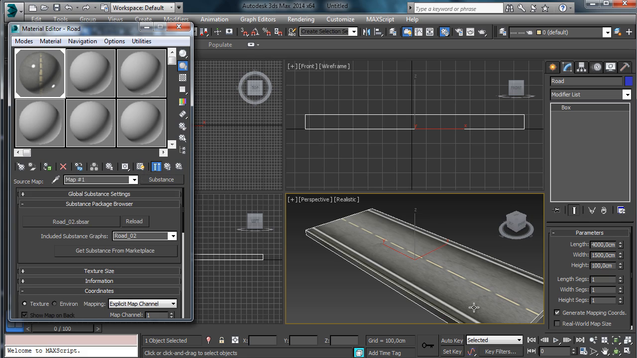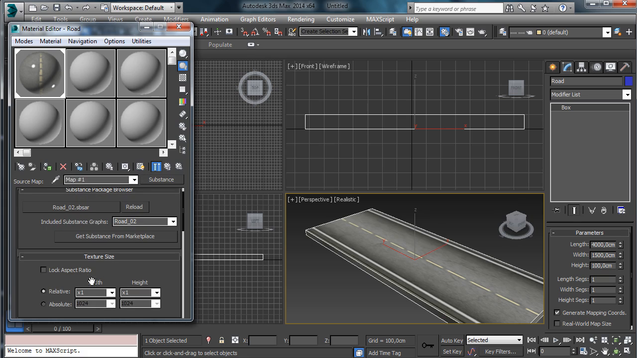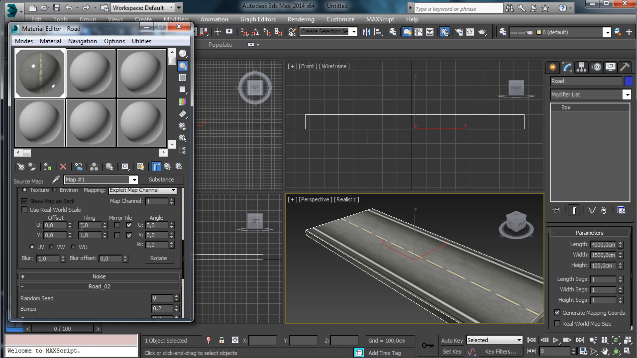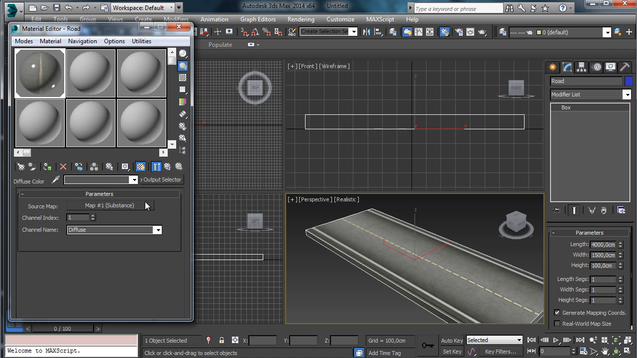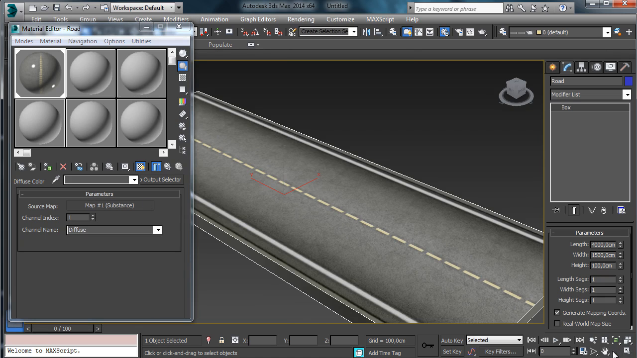And we can maybe use a better texture size. Let's go with the absolute, with a 2K texture, and then we can tile, let's say 3 times over this axis. We'll have no blurring. Okay, so that's our main road material,